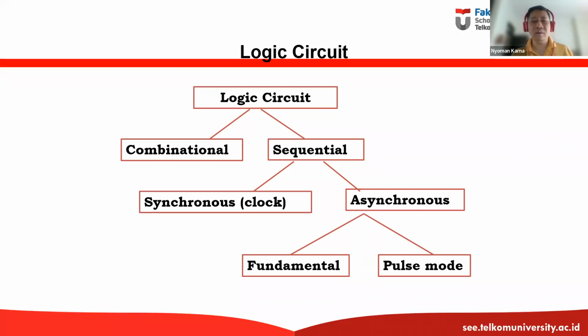Now, a combinational circuit is a circuit that represents a specific function. So a combinational circuit is an implementation of a specific function. We are given a function, then we can implement the circuit to implement that function. And we can also do the otherwise. For example, we are given a circuit, and based on that circuit, we need to identify what the function is. Okay, that's our topic of discussion for today.